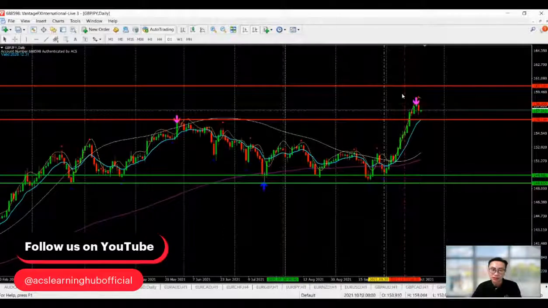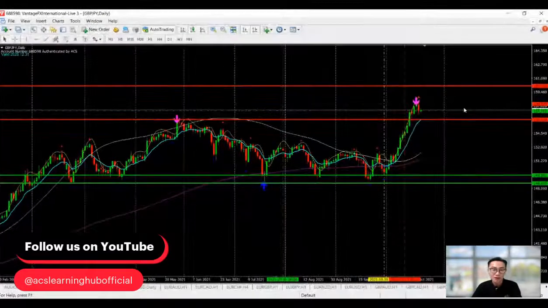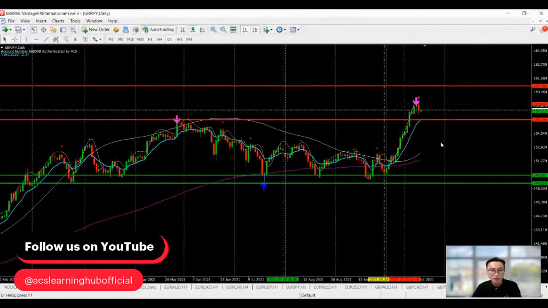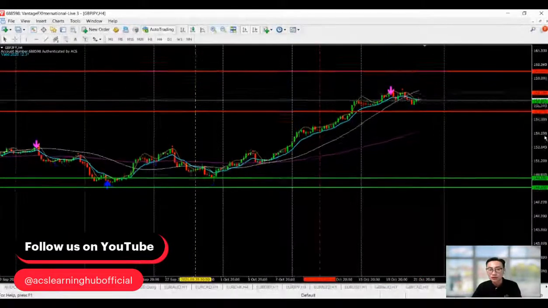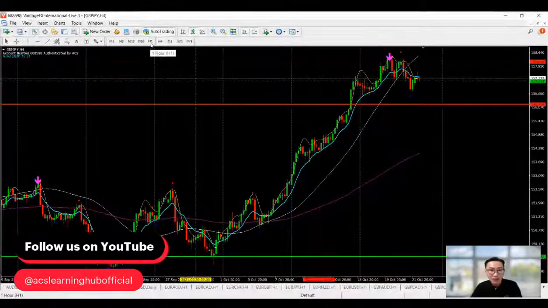The bear is here. The bull is here. So it's entering into the bear area, whereby in this bear area it has a good chance that anytime pound yen is going to U-turn back to form a short selling market. So over here, what we are going to go into in depth is that we have to make sure the transformation of the direction is showing up. If not, we cannot do any selling yet, even though we are in that area.